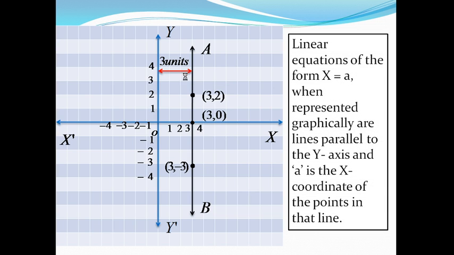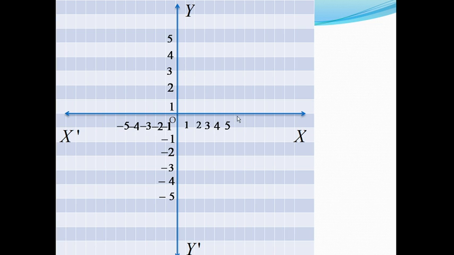Now, in case of y equal to 3, how are we going to represent it? It will be parallel to the x-axis. Just have a look. See, y is 3 and x is 0, so we will write the coordinate as (0, 3), because the x coordinate is always written first. Now similarly, as we have done for y, we can do the same for x. We can take any value of x, but the result will be 0, because 0 is multiplied by x. So it doesn't matter.